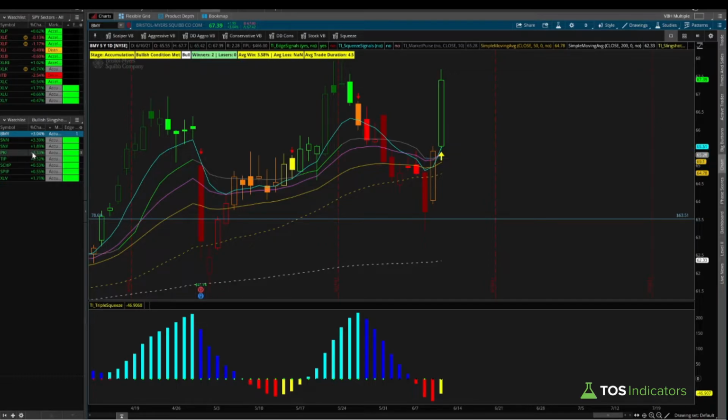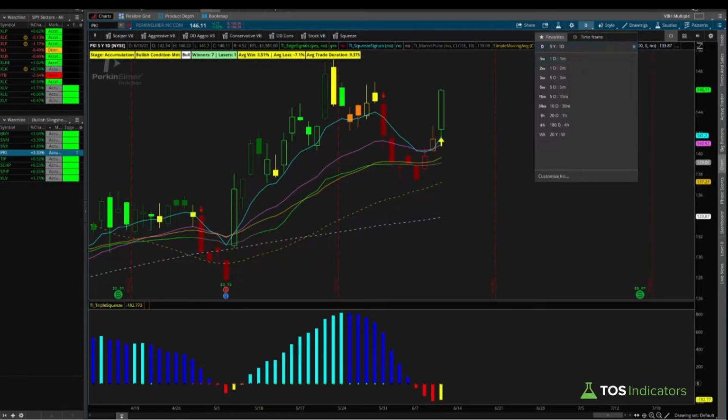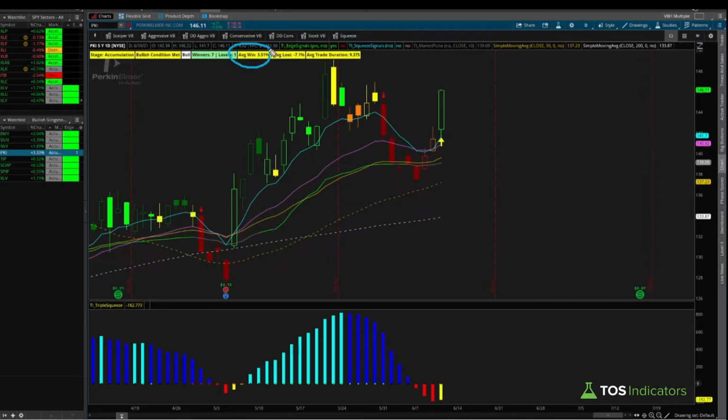Now, some other stocks that stood out, you had PerkinElmer. Here we've had 7 winners, 1 loser. This is again, same 5-year period that we're backtesting. The one thing that stands out here is the average winner, 3.51%, but the average loser is almost double that at negative 7.1%, where again, the idea of waiting for a pullback, if we do have, say, a sell-off day